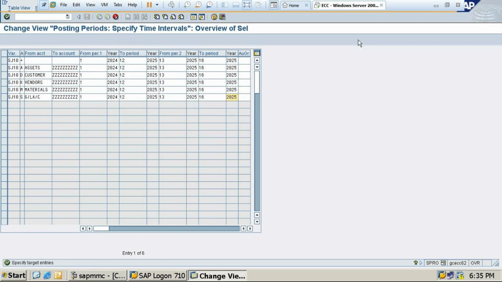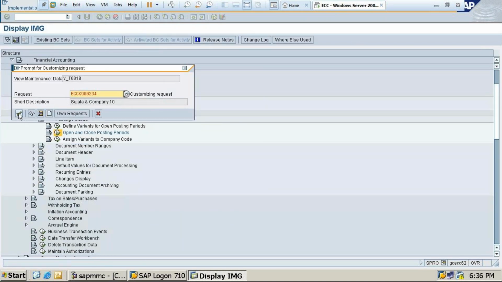Okay, students, all you need to change this and all, it will be same because 12 posting period and 4 special period, so it has become total 16 posting period. You need not to change on that. So 12 posting period is completing here, then 13, 14, 15, 16. So why it is 13 to 16? Because 1 to 12, 12 posting period, and here special periods are from 13 to 16. This is also 4 special period. That's what we are creating in this way. Just press enter after filling all this thing, then number of copies 6, and click on save. Once you done, click on enter.